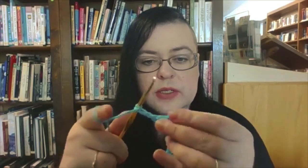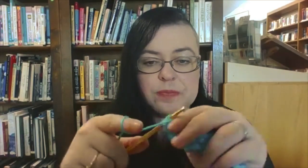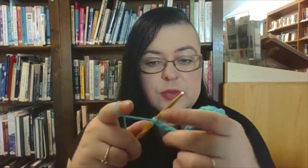Chain 1, cluster of 3, 1, 2, 3, chain 2, 1, 2, and then we're going to double crochet another cluster of 3 in our corner. 2, 3, we just chained 1, so we're going to put 3 double crochets,